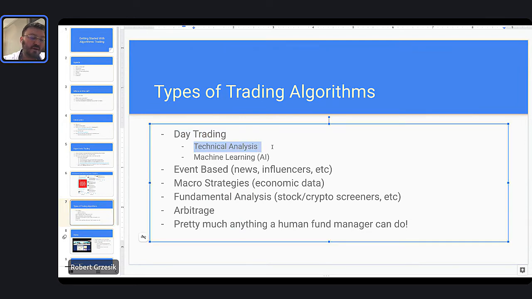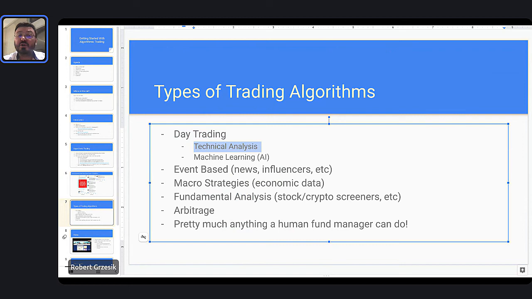You might want to look at RSI or MACD or one of those types of indicators. Maybe you'll have a confirmation, you'll have two indicators confirming each other or three. You might be looking for trend following or divergence, convergence. You might be looking at those types of things. And that's one way to make money using algorithms, right?